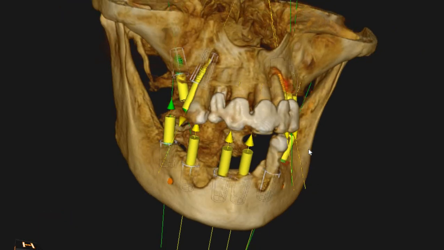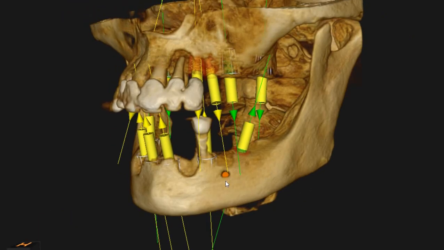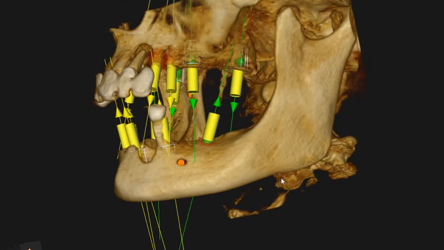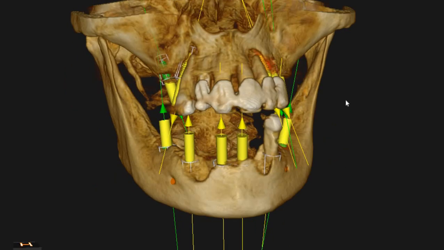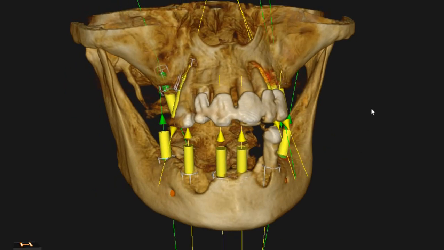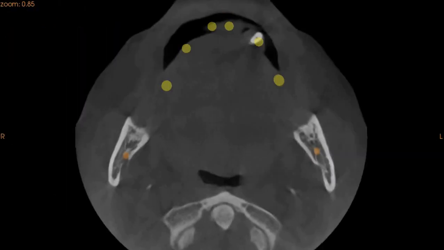Now, this is the 3D rendering where you can see that all the implants can be placed very systematically and in a guided fashion in the areas where we do have sufficient bone. An implant planning report will also be shared for our doctor. If you have any further questions, this is the axial view